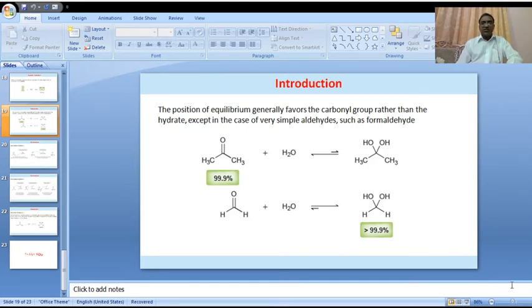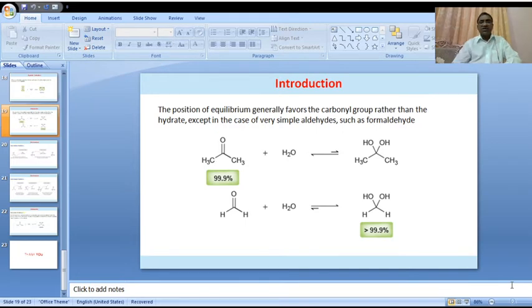In the yesterday class, we completed some of the chemical reactions of carbonyl compounds, aldehydes and ketones. Today we are going to learn about the remaining chemical properties of aldehydes and ketones. Here, in this slide, please observe the hydrolysis process. Ketones and aldehydes undergo hydrolysis and we will get